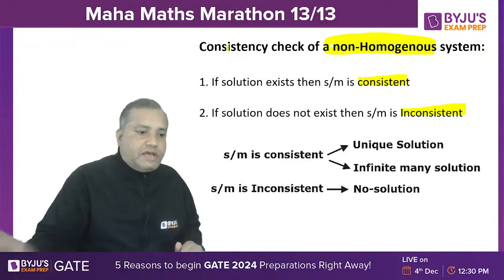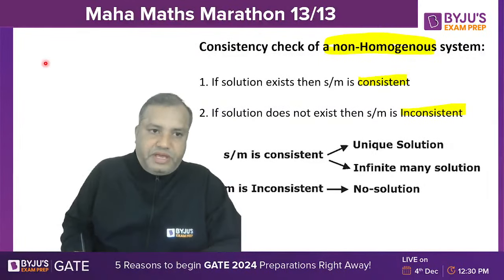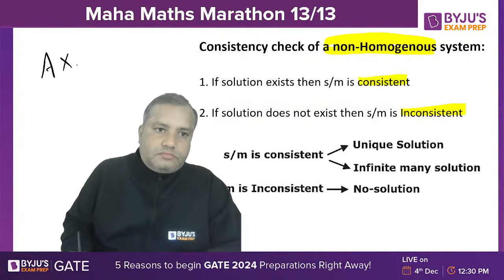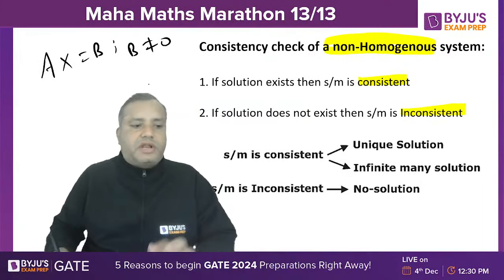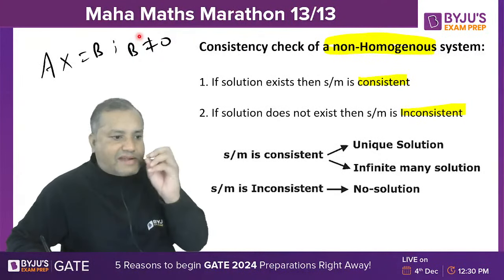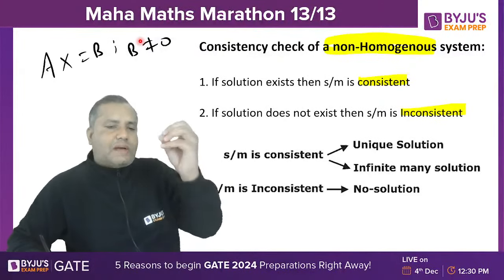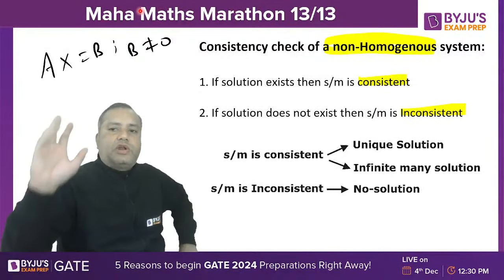Hello students, non-homogeneous system means Ax equal to B, where B is not equal to 0. B is not a null matrix. At least one of the elements in matrix B is non-zero. कम से कम एक element B का non-zero होगा. Okay? So if you are getting a non-homogeneous system,